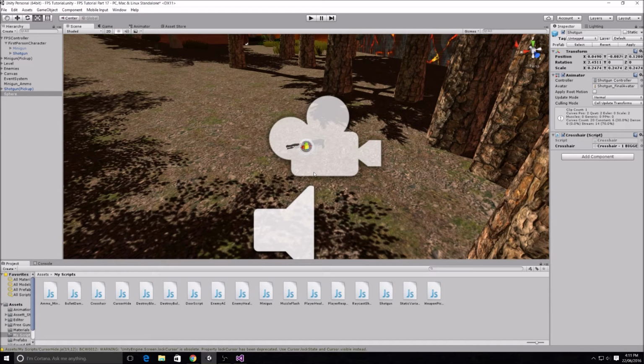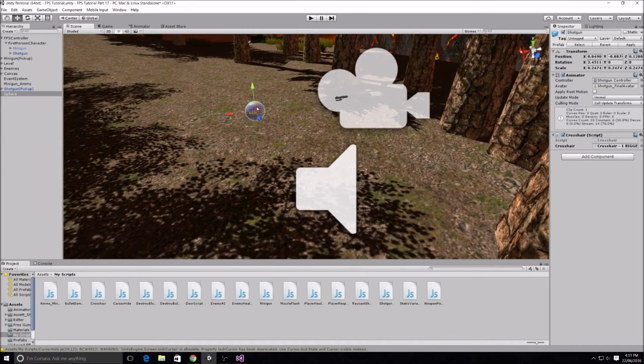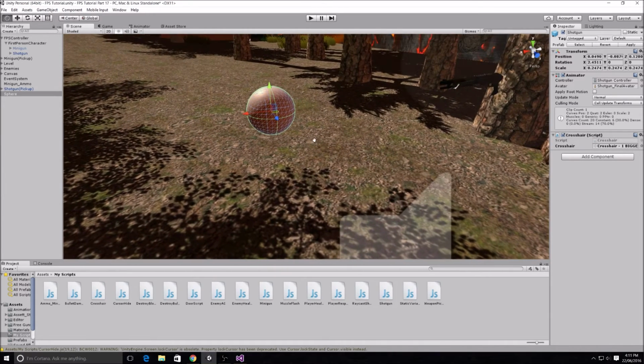I still want it to be fairly big so we can actually see it come out of the barrel when we shoot it, just to test it out, and then we can always change it however we want. That is pretty huge, so we'll just do it a little bit down like that. And all we need to do to this sphere, which we'll call shotgun bullet, and